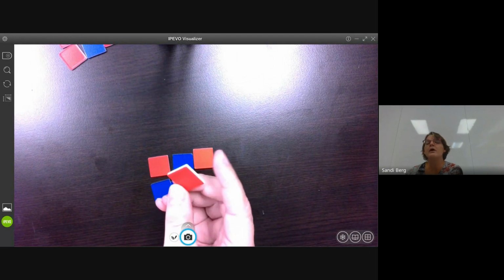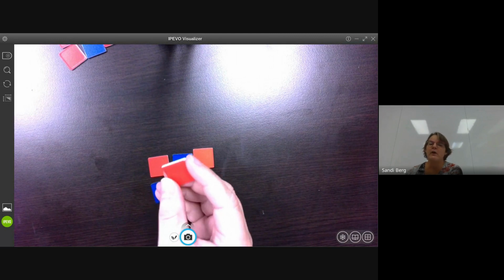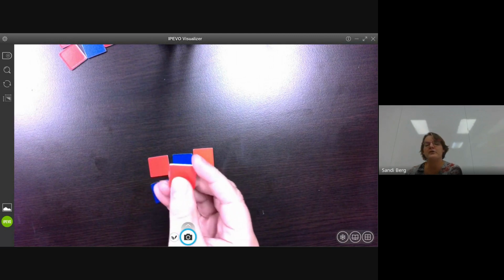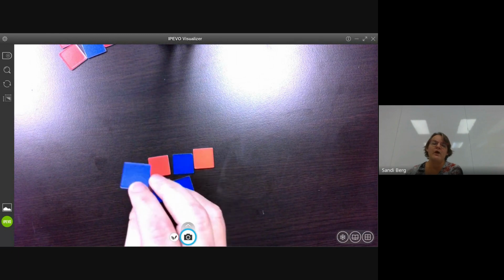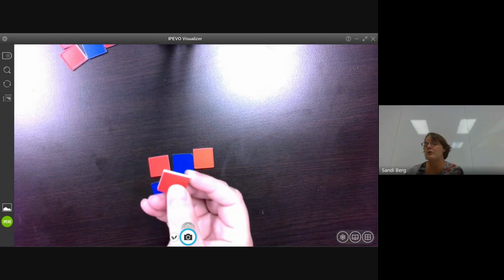But we do have some 1-inch square tiles in IMC. We've got a big bucket full of them. They're not double-sided like this, but they're a little bit thicker, and they'll do the exact same thing. Because the purpose of this is not to worry about the double-sided, whereas in K-3, there's lots of opportunities for them